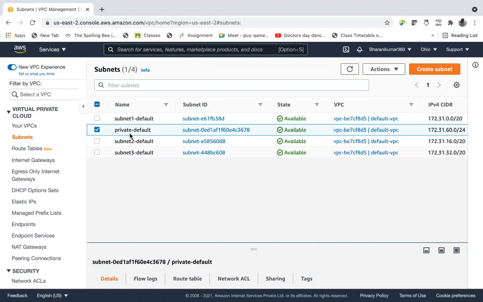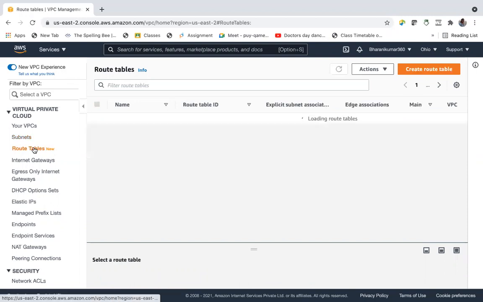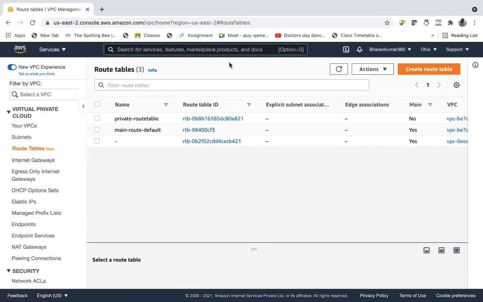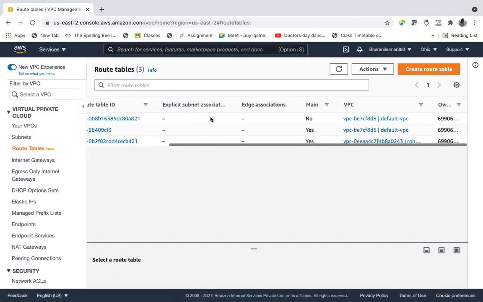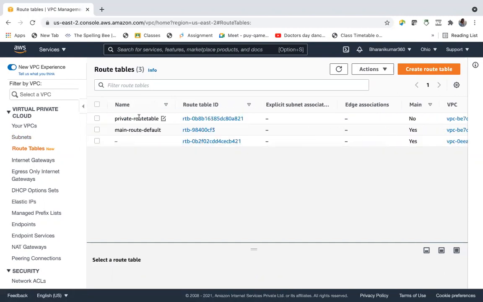We have not yet done that. Just named it as a private subnet. But what makes it private? Route table. When there is no internet gateway route in the route table, then the subnet which is associated with the route table becomes private, right? Go to route table. We have the main route table. Just now I think we have created a private route table too.